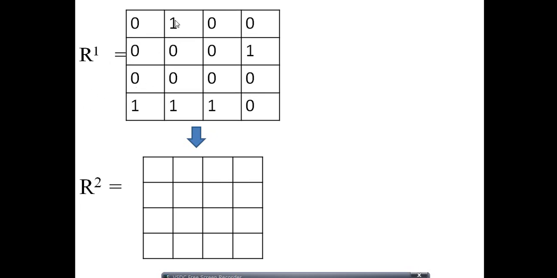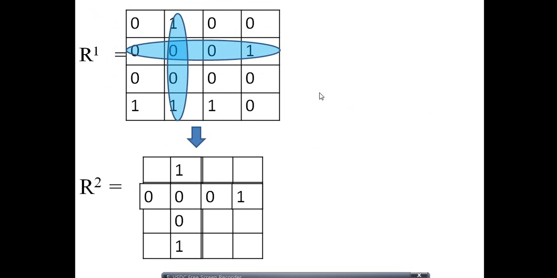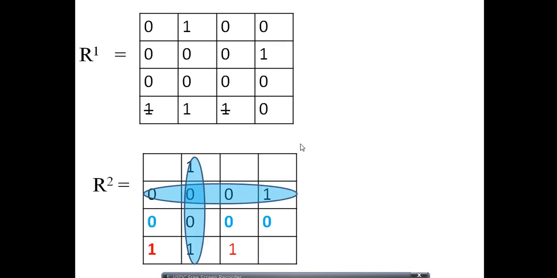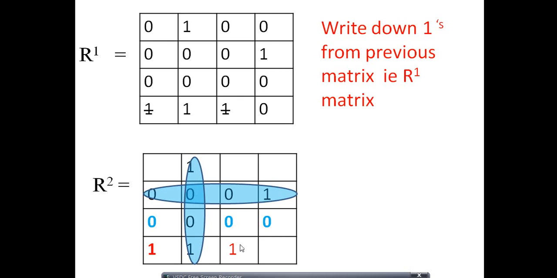This is the R1 matrix. Here we have to mark the second column and second row. Marked. So write it as it is in the R2 matrix. Written. Okay, good. The next job is to find the previous ones. Are there any? Here 1 is there, here 1 is there. So write these ones down as they are in the R2 matrix. See, here 1 is marked, so write it down as it is.